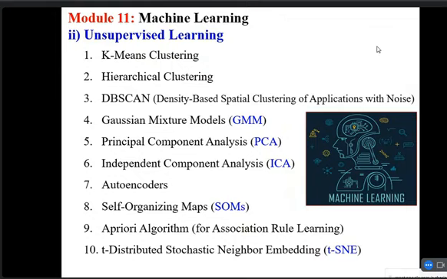Now see the unsupervised learning. There is no label, there is no target class, but I would like to classify the data based on the similarity measure. How can you calculate a similarity measure, Ramchand? You have Euclidean distance, Minkowski distance. When it comes to Euclidean distance, we have an equation: the square root of (x1 minus x2) whole square plus (y1 minus y2) whole square, calculating the difference between two points.